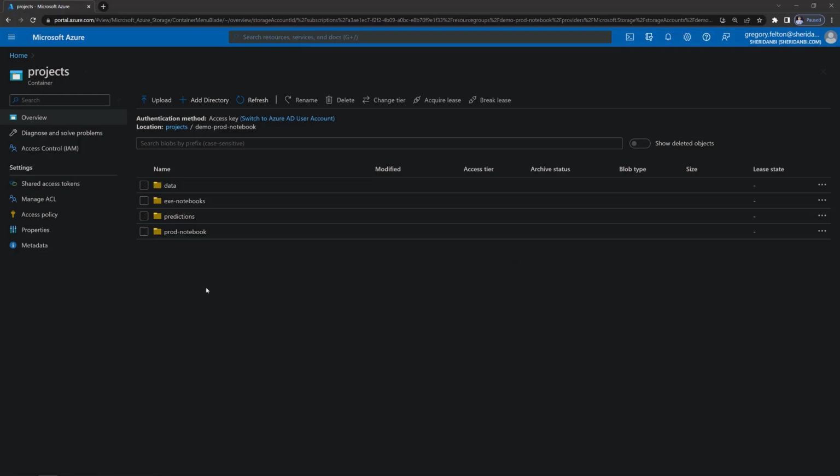I've already run it once, so we can see things like here's the executed notebook, and here's the predictions, and we've got this customer CSV in the data folder, and our production notebook is here that's going to pull down. So if we actually run this,